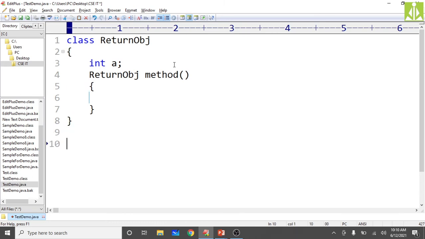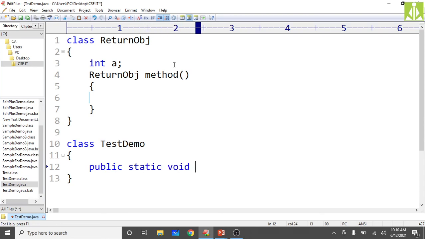Here I'm writing the class name. We should give the class name as test demo only, because my program name is test demo. So public static void main of string arguments.